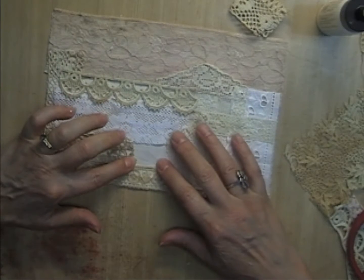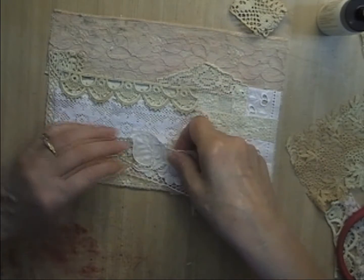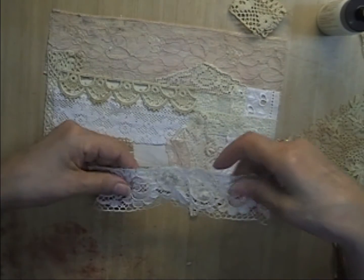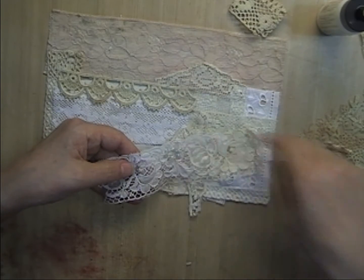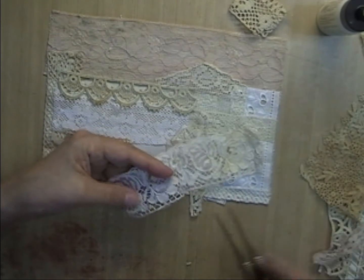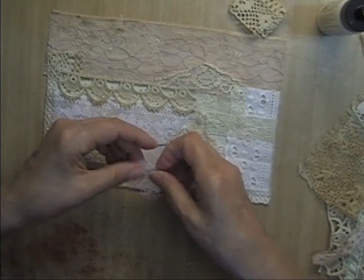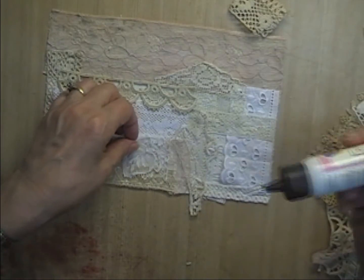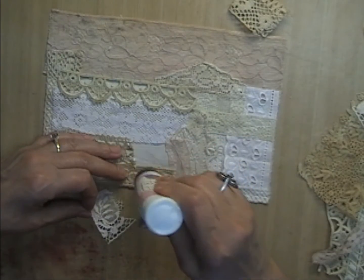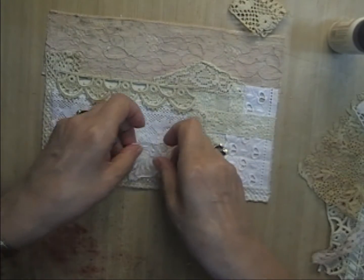And I have a square here that I need a piece for. I'm going to cut a piece off of this. It has a few beads and sequins on it, but I don't want to include those pieces because I don't want to sew over beads. There's a little spot right there. And I think